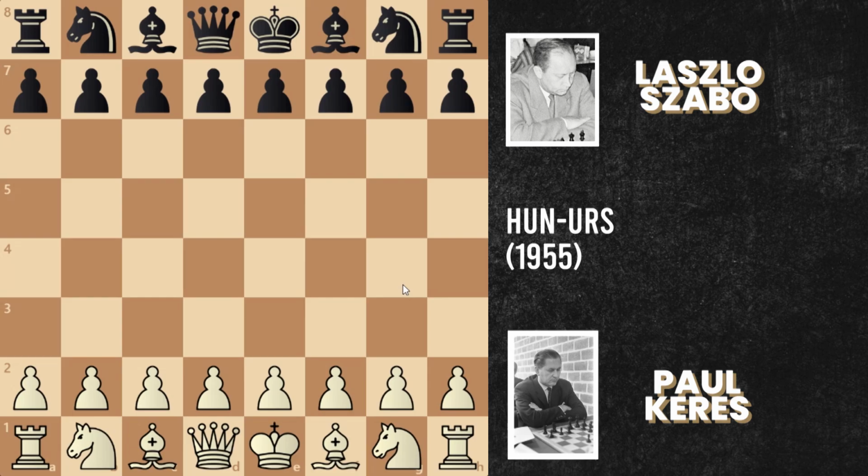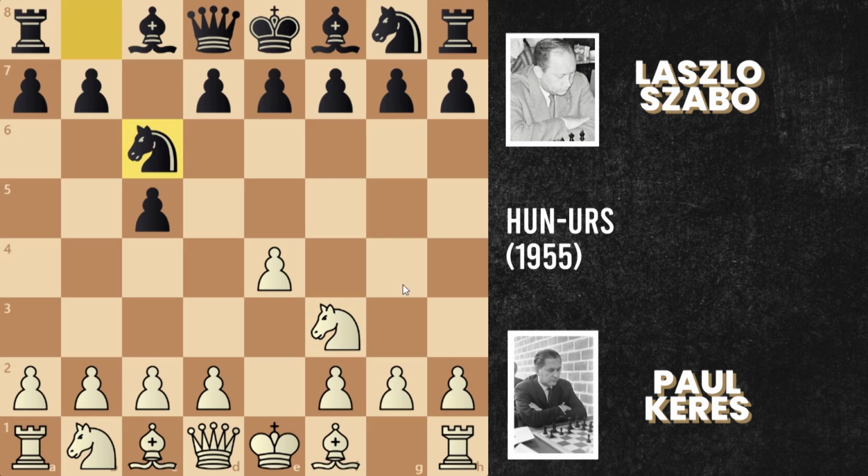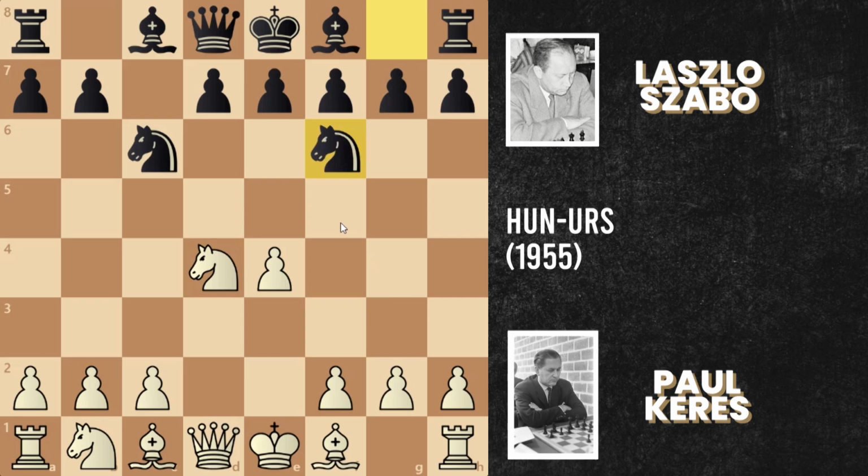In today's video, we are looking at another brilliant game of Paul Keres, which he played against Laszlo in 1955. In this game, Paul Keres was playing as white, so he started the game with e4, now c5, knight to f3, knight to c6, and d4. C captures on d4, knight captures on d4, knight to f6 attacking this e4 pawn, and then knight to c3